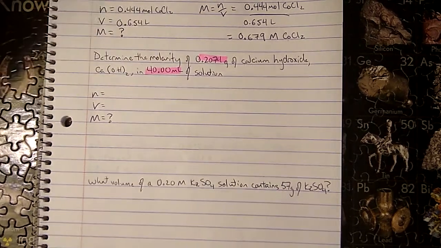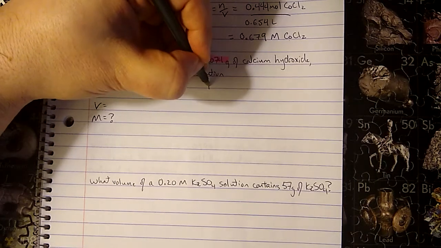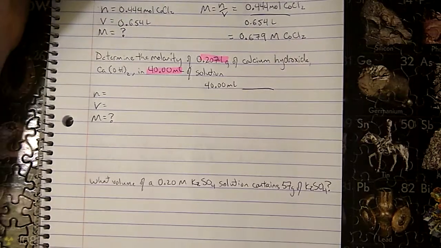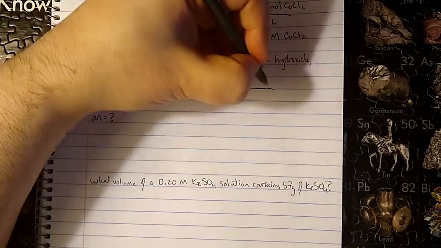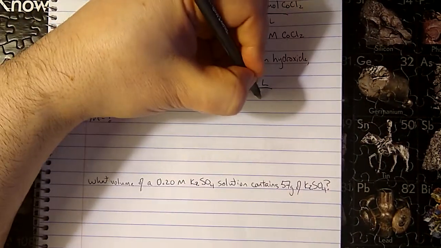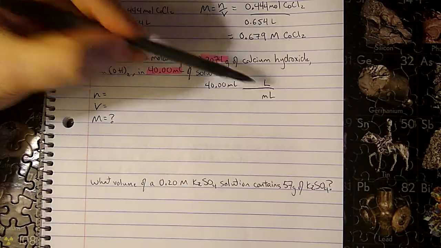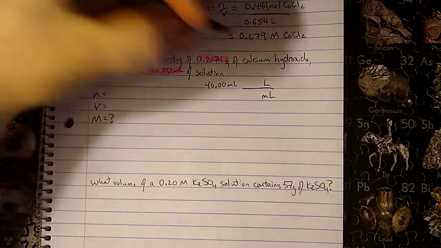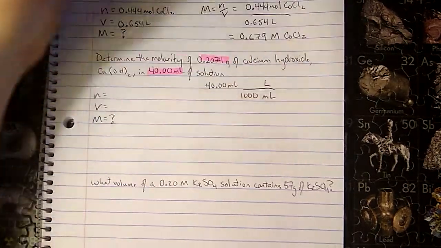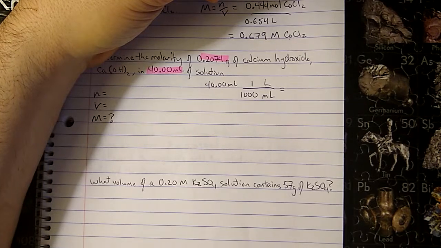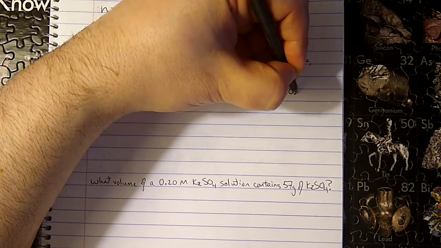Let's go ahead and use the 40 milliliters first. With the 40 milliliters, I want to convert it to liters, and I want to cancel out the milliliters. So I'll put milliliters on the bottom and liters on the top. There are 1,000 milliliters in every 1 liter. So 40 milliliters is equivalent to